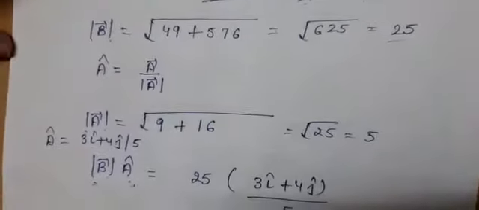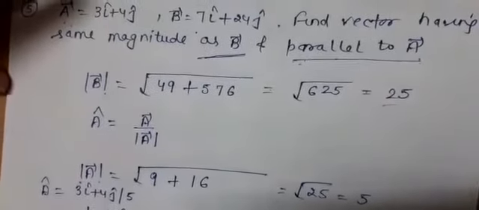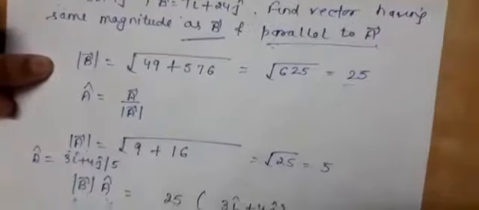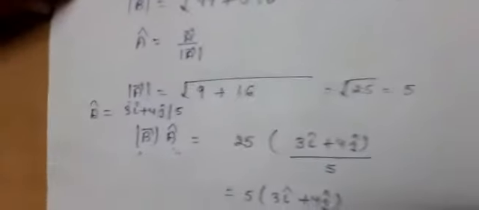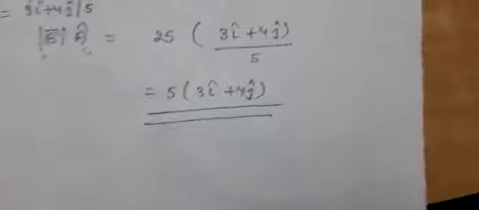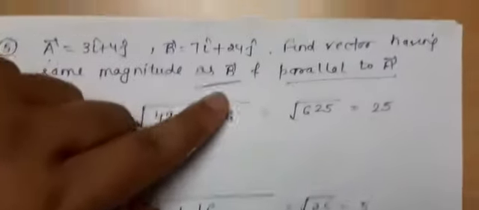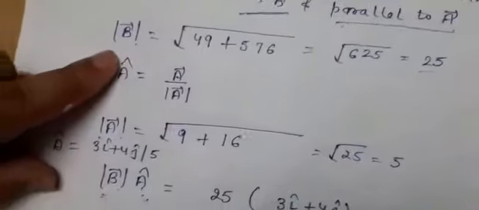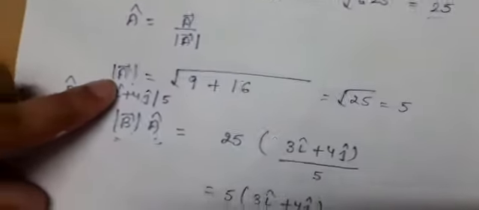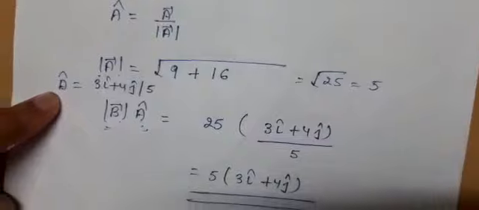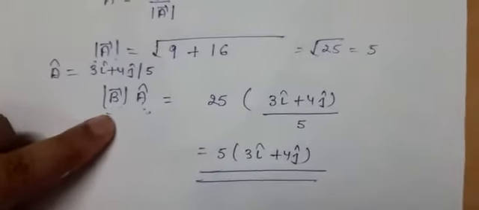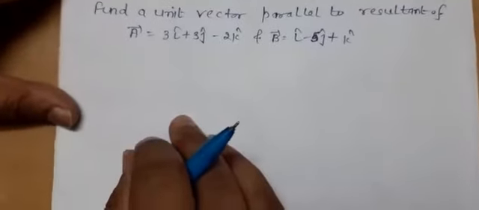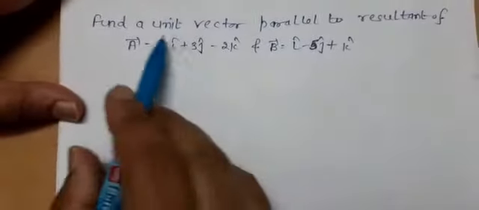See here, basic concept. Actually, it is not a vector product, but it is a general numerical which we are using here. So when any vector has to be calculated, we have to read the statement for what is asked. As we have to calculate a vector whose magnitude is same as that of vector B and parallel to vector A, first of all we calculated the magnitude of B, then the magnitude of A, then as per direction of A, that is the unit vector, and then solve the numerical. So one more numerical on the same pattern we have done before this numerical.